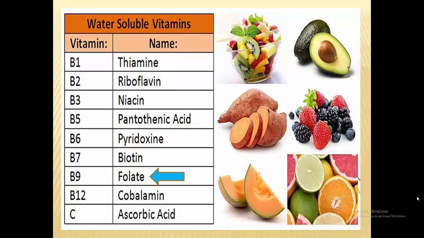The other reason you care about folate is because not every woman that's ever gotten pregnant was planning it, right? So any woman who is of childbearing age, which means menstruating, whatever age that is, any woman who's menstruating is of childbearing age. And any woman of childbearing age who engages in sex could potentially conceive a child. And at the point of conception, a new human being begins to form. The very first stage of development, if you don't know it, is called a zygote. And at that point, folate must be present, or certain things will not develop correctly. There's no way to make up for it later.